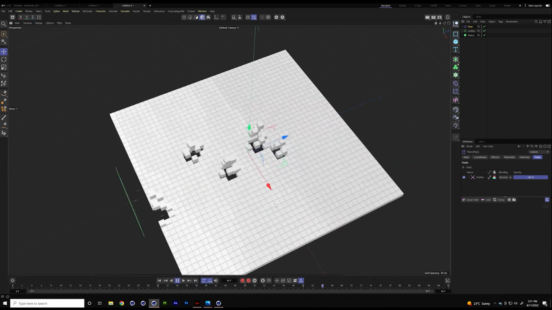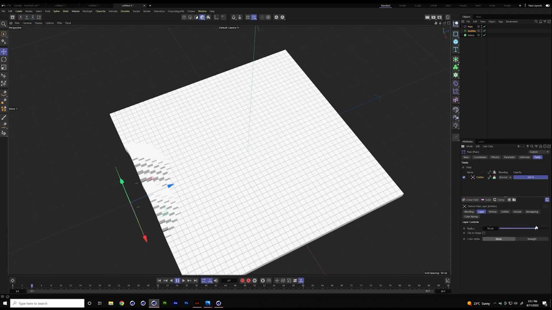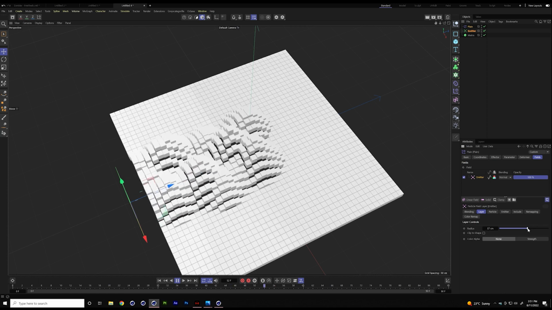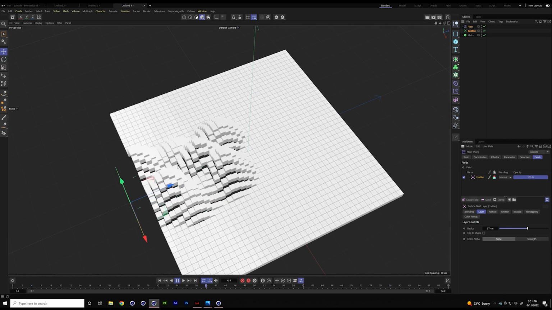And now when these particles go. So if you want to read particle data and transfer it to something else, all you have to do is pipe those particles through a field list, and there you go. Now, what exactly it's doing, in this particular case, it's taking the radius of the particles, and it's doing this. You can draw lines using a tracer, and use the lines in the field.